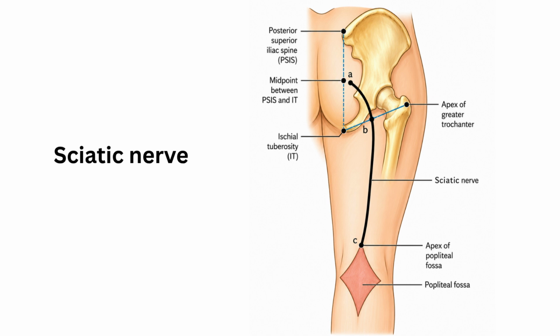For sciatic nerve, first draw a vertical line between posterior superior iliac spine and ischial tuberosity. Now put a point A 2.5 cm lateral to the midpoint of this line, and point B midway between ischial tuberosity and greater trochanter, and point C at the apex of popliteal fossa. Now join point A, B and C, which represents the